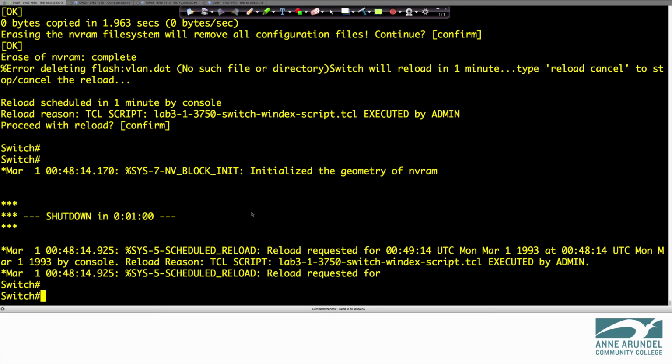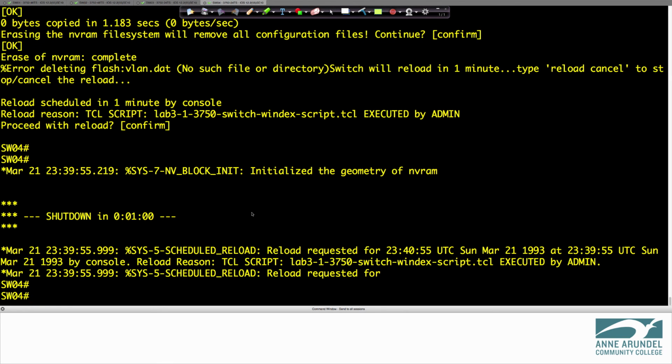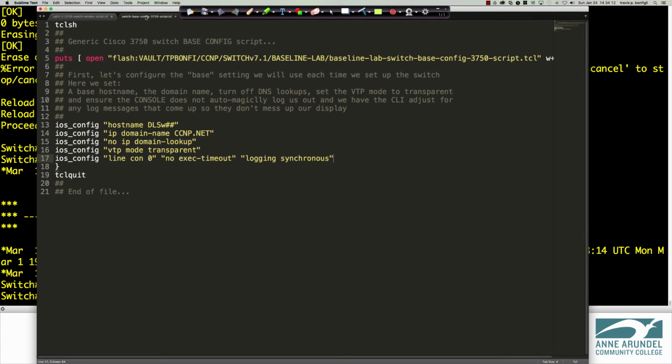So let's check. Did it do what it was supposed to do? Take a look at that. All 4 switches at one time. So I'm literally wiping the config. I'm setting all 4 of these switches back to the factory default. Now, I'm not going to make you sit and watch these reload. What we're going to do here is I'm going to go ahead and quickly talk about this script,